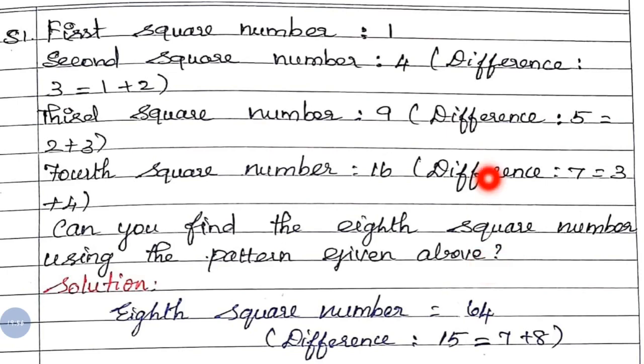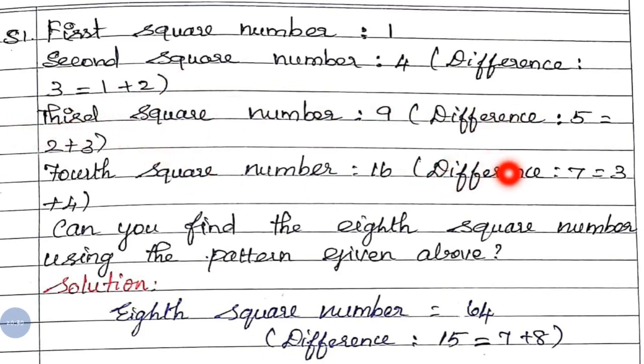That we have written. Now look at the differences they have given. The first difference is 3. 4 minus 1 is 3, and 3 can be formed as 1 plus 2. Now look at the next difference: 9 minus 4, what is the value? 5. And here they stopped at 2, so the next one starts at 2. Whatever ends here is the starting point of the next one. So 5 can be written as 2 plus 3.